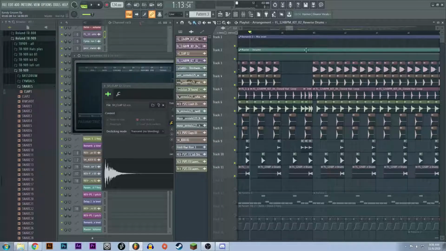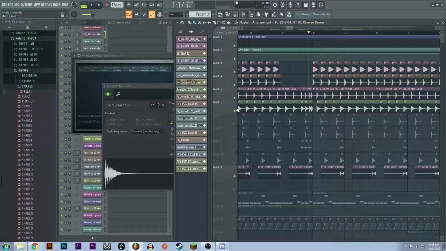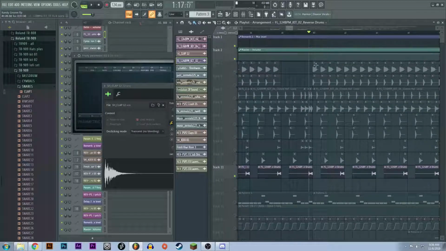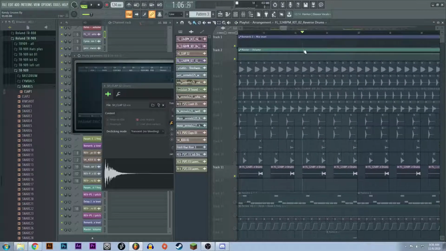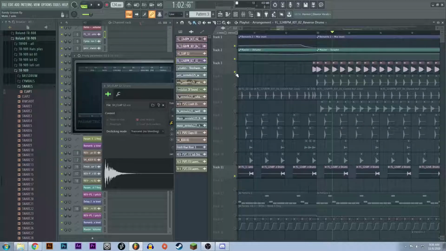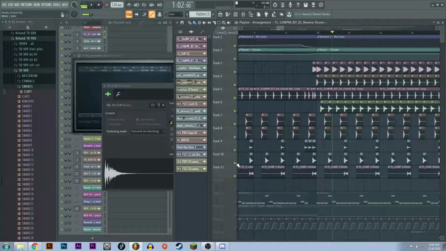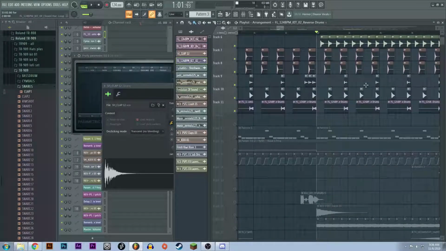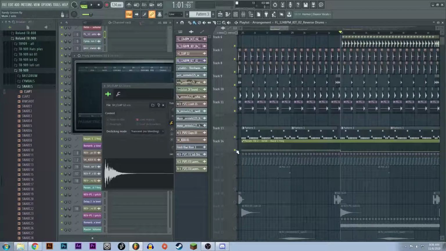And then the last thing I have is a cymbal, which is a reverse cymbal, and it is used to sweep into the next phrase. And also it adds a little bit more interest to the beat. So all of that will sound like this once we put it on. So you hear that sweeping in. And then next we have the bass, and